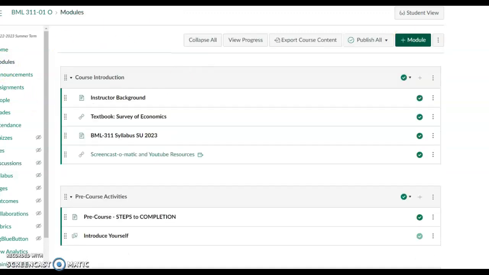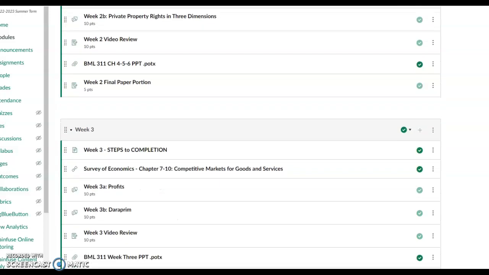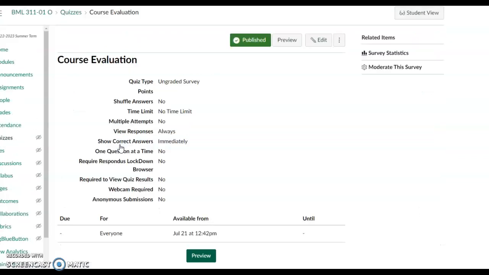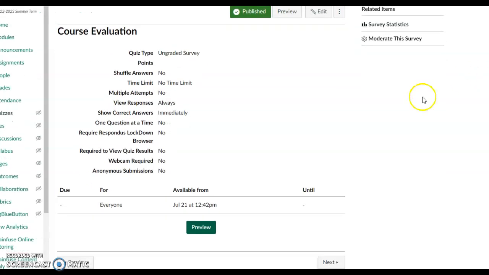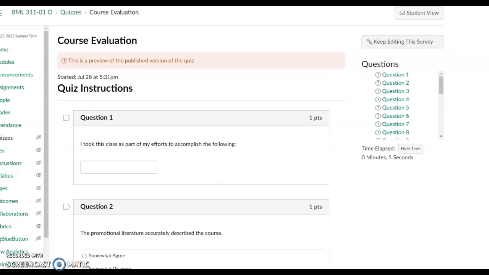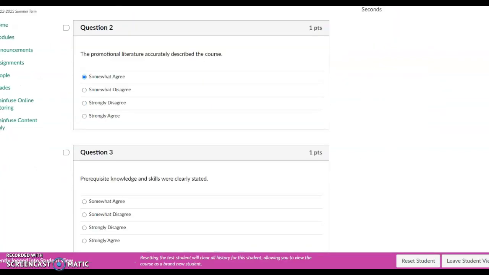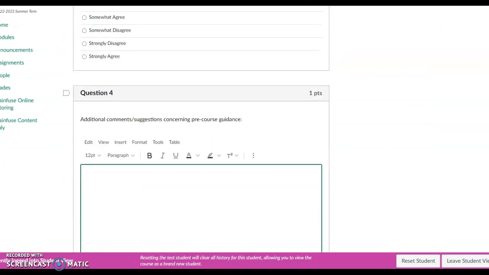One more thing I want to review is the course evaluation. If you have not completed it, please do so within the next week. Here's how it's going to look. I'm going to put this in a student view, meaning this is the way it will look on your end. For the multiple choice questions, you should be able to make a selection.